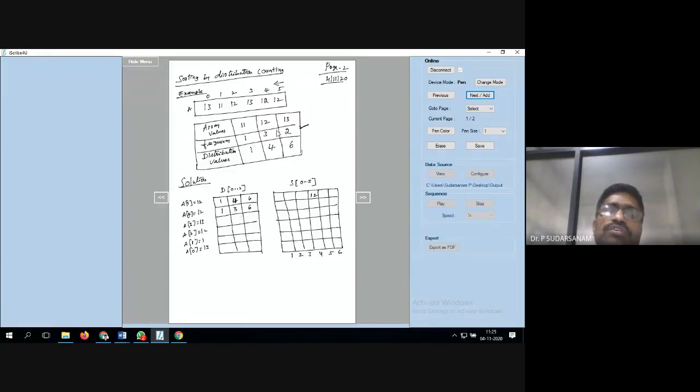Now the next value is how much? 12, sir. Yeah, 4. So 12 distribution previously was how much, now? 3, sir. For the second row 12, what is the distribution value? Here, I'm showing 3 with the cursor. 3 is there. So on the third location you have to write 12, and decrement by 1. That value is 2.